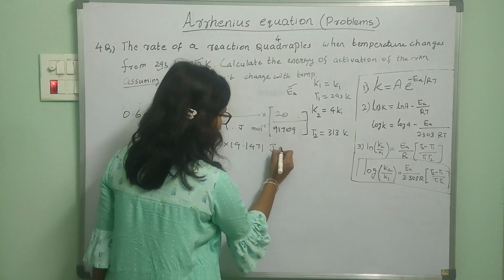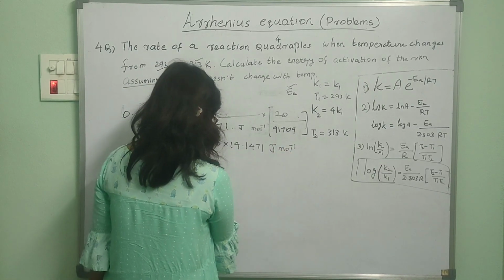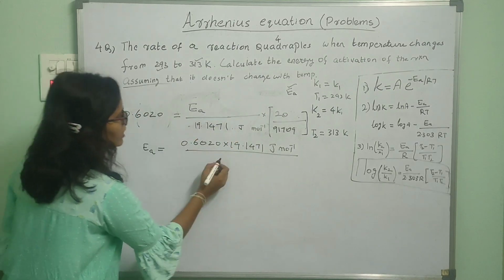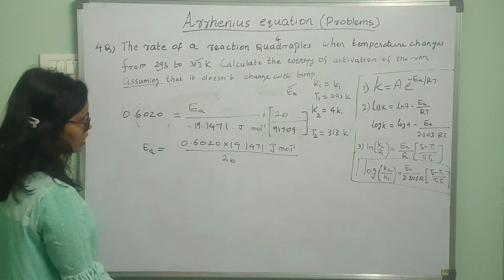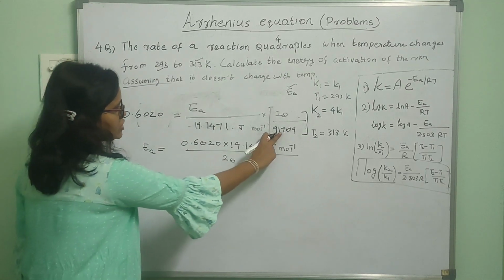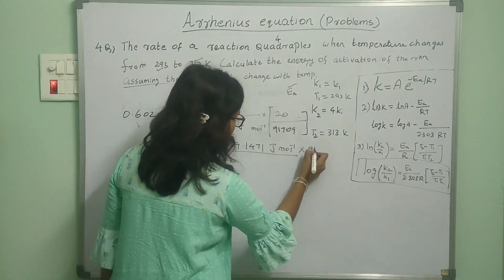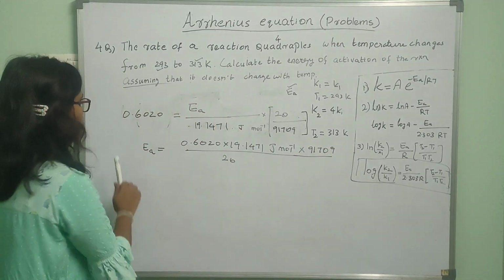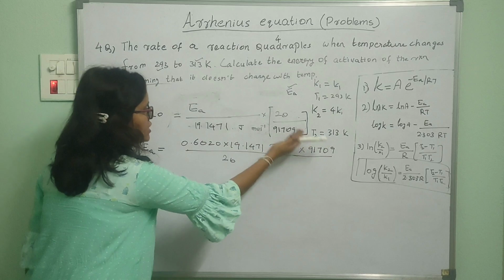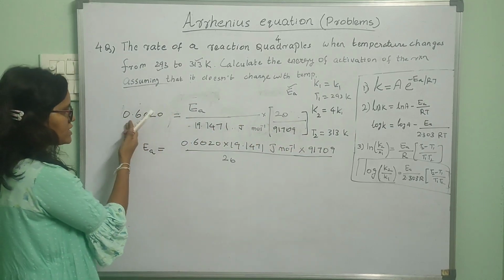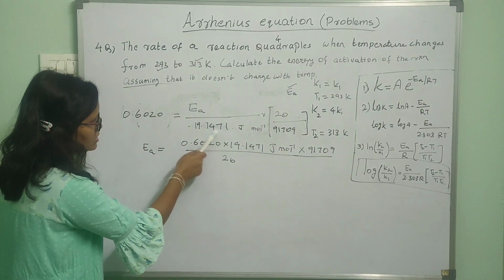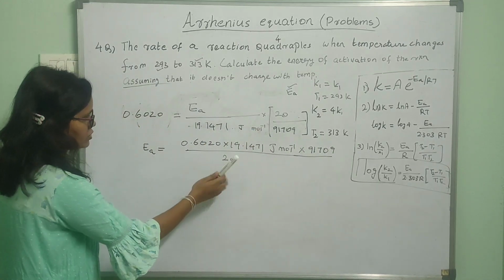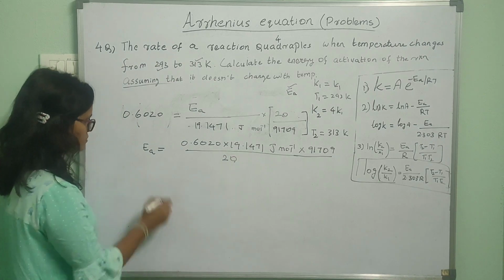So I will write Joule mole inverse divided by, what we have? 20. Okay. Oh, we also need to take this term, which is 91709. So we have taken everything which is in the denominator to the numerator on left hand side. Check carefully. Yeah, this has been taken. This is also taken. Okay, this is also there. So 20 should go into the denominator.